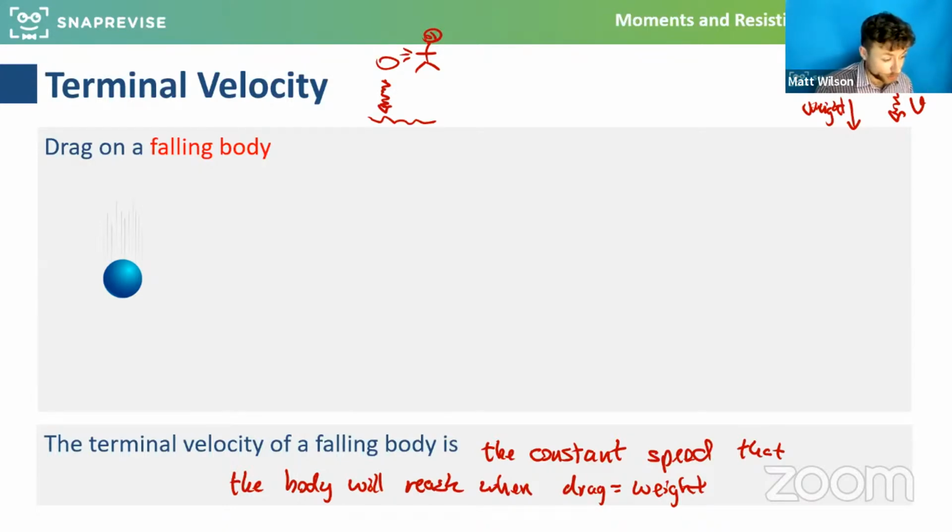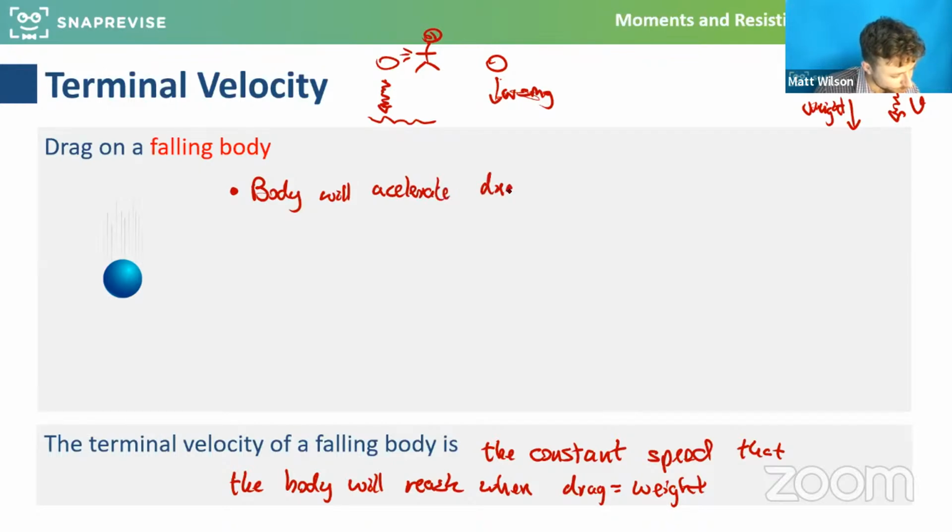So now we need to try and figure out why this would happen. Because when I let go of an object, initially it's not moving at all. So it will feel one force. It will feel the weight. It will feel mg. So let's jot that down. Let's imagine I drop a ball. The first thing we can say is that that body will accelerate to start with. It will accelerate due to the resultant force. There's only one force here. The resultant force,